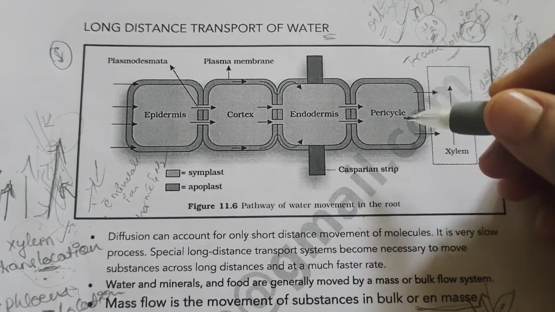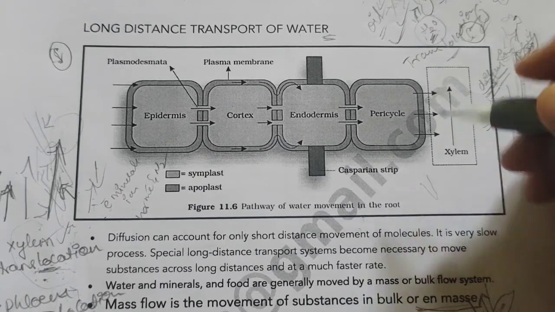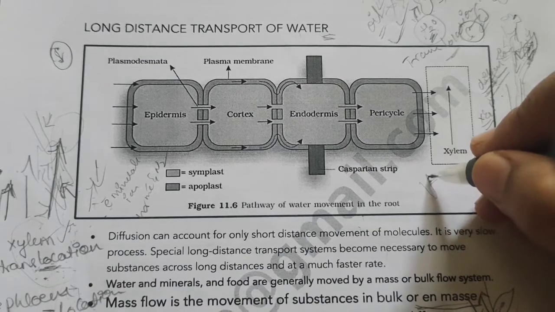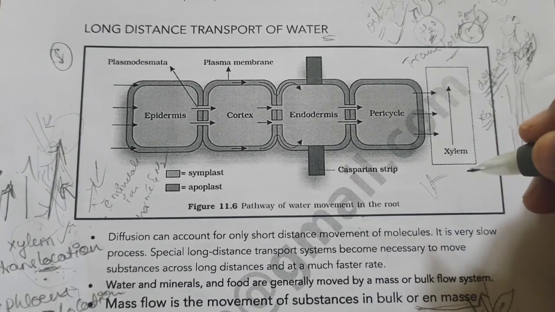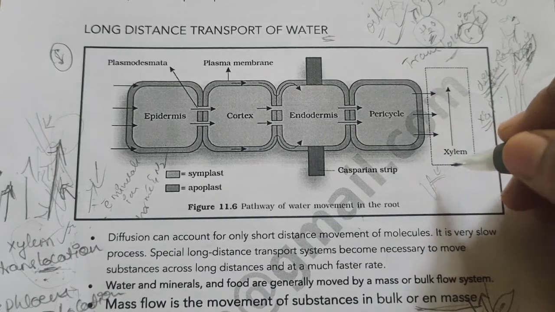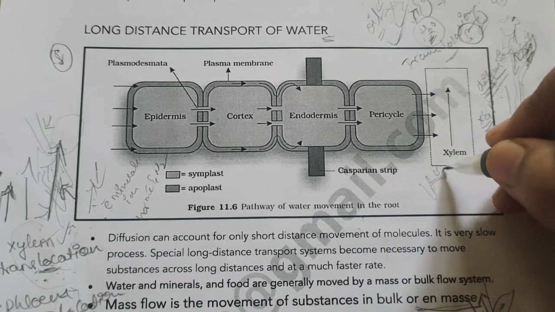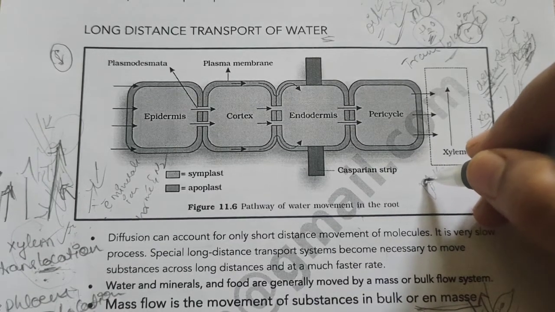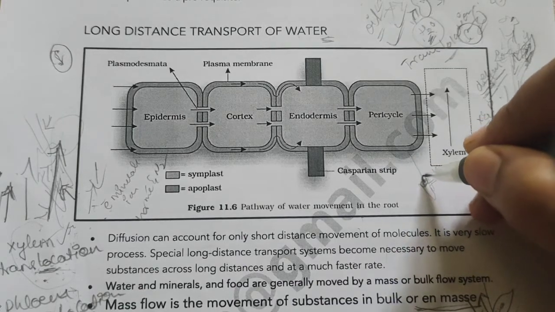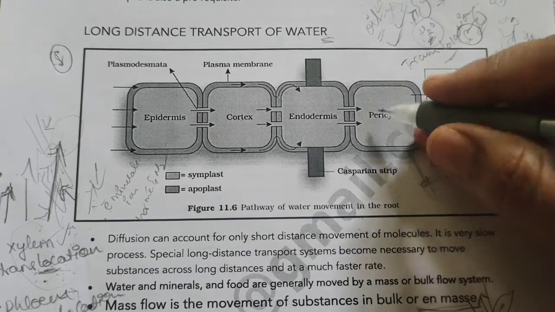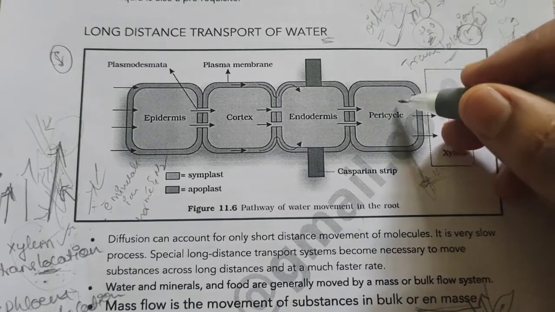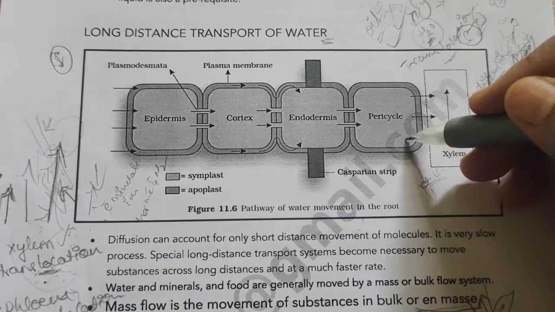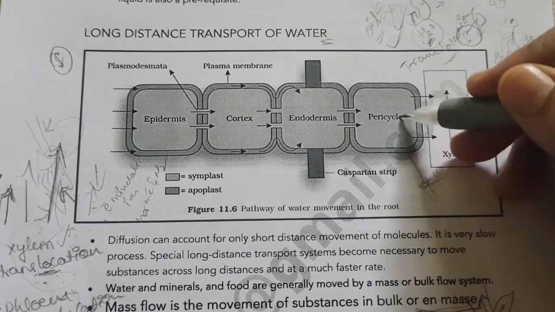Which organ in the plant is involved in the absorption of water? It is the root, especially the root hairs. The thin thread-like structures which arise from the epidermal cells are called root hairs. They are involved in the absorption of water and minerals, and this absorbed water now enters the stele of the root, and from here through the xylem, it will be translocated to various parts of the plant body like branches, stem, leaves, flowers, fruits, everything. This is how water is transported inside the plant.